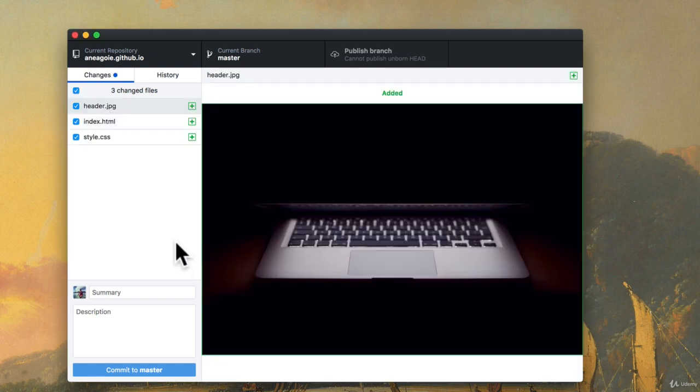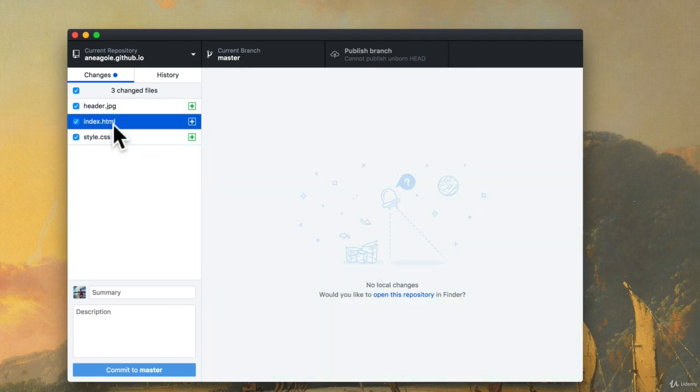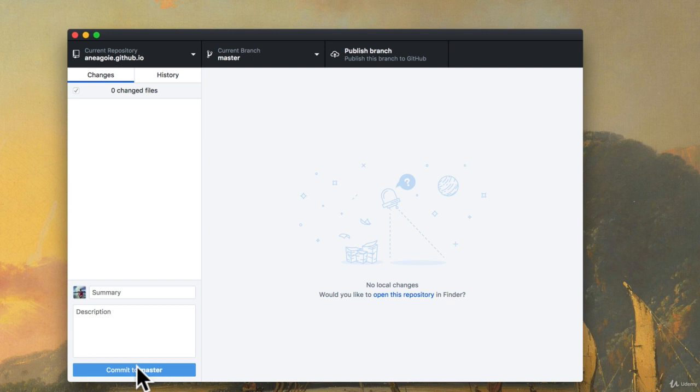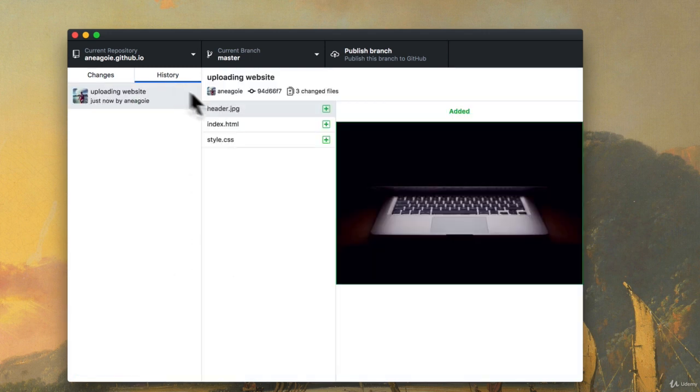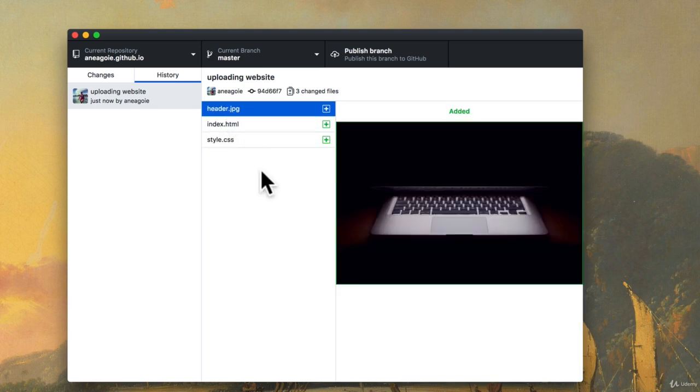And now you'll see that you have these 3 files that you've just added. All we need to do now is just write a summary of this. So uploading website, and then commit to master. You'll need to add a summary in here, otherwise it won't let you click. You click on that, and again, something happened, some magic, but if you click on the history tab, you'll see that your files are still there. And the final thing you're going to do is click this Publish Branch button. If you click on this,